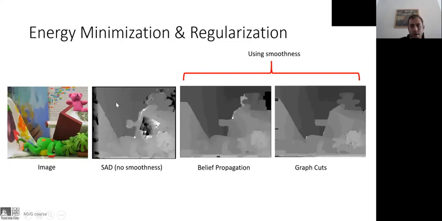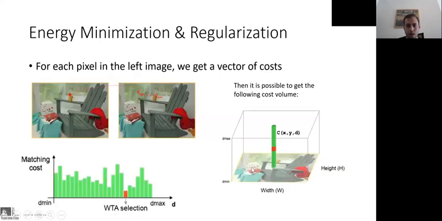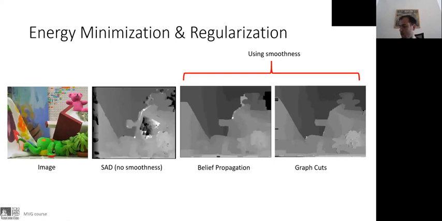Okay, so let's see the result. If we use smoothness, we indeed solve this issue that we had before for the homogeneous regions. So let's go to a break of